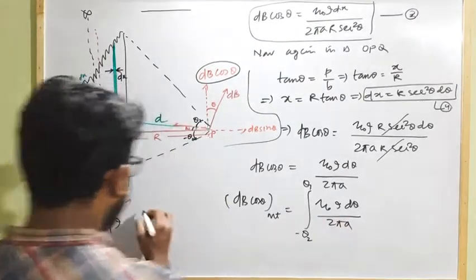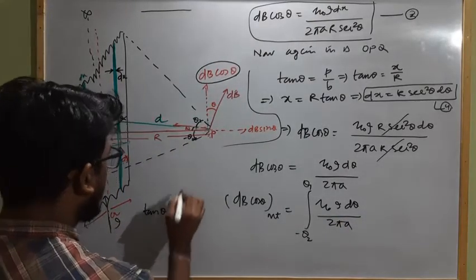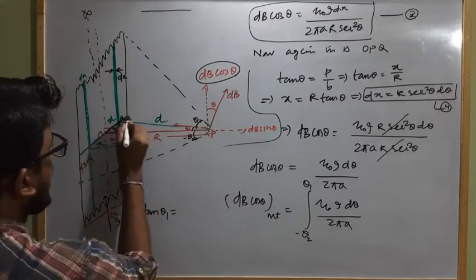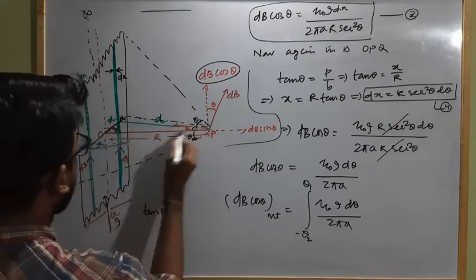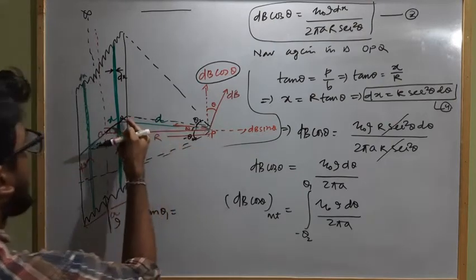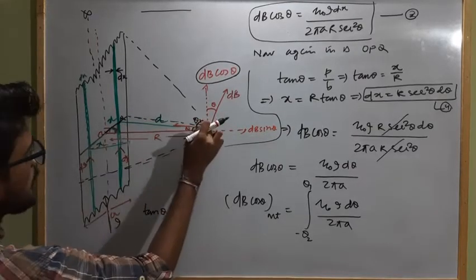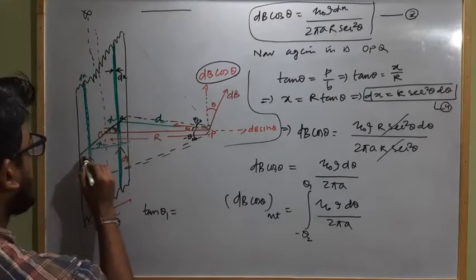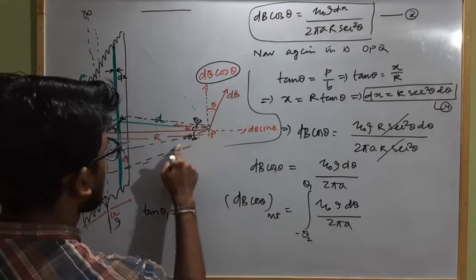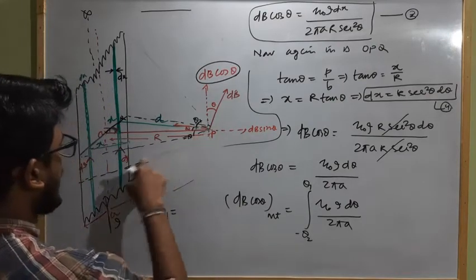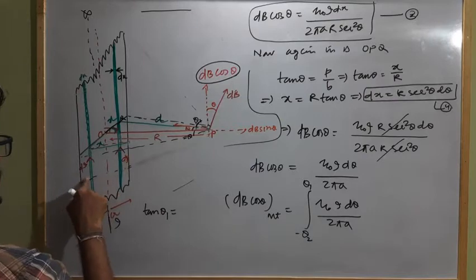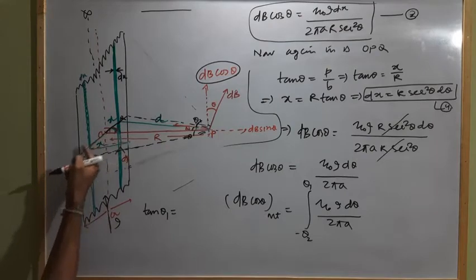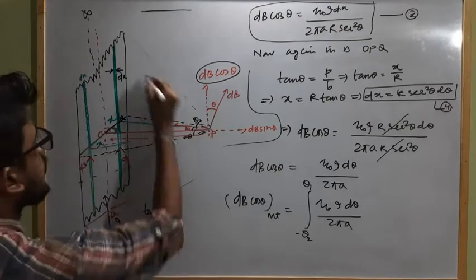So from this we can write tan theta 1 will be equal to p by b. What is p? Tan theta 1 will be like this end. This is theta 1, and from this end this will be theta 2. Sorry, this is not the angle, I drew it wrongly. This will be the angle due to this edge, because x is varying like this. So this will be the edge to edge angle.